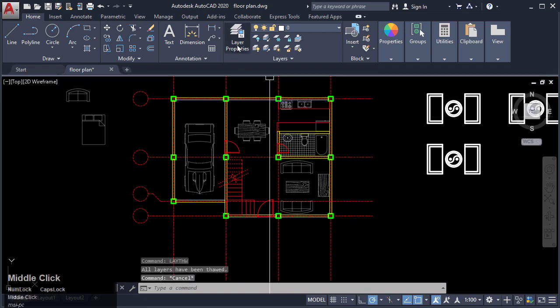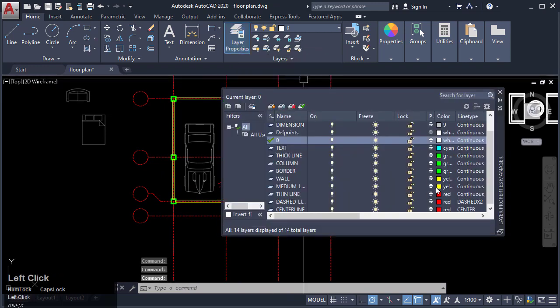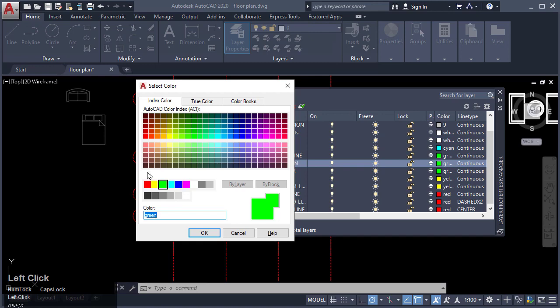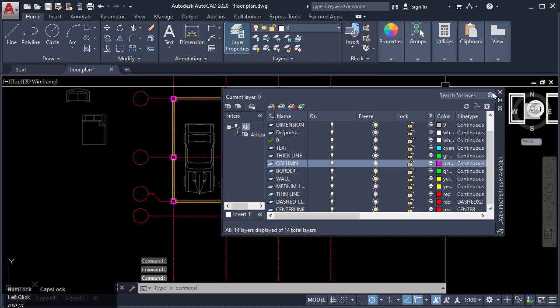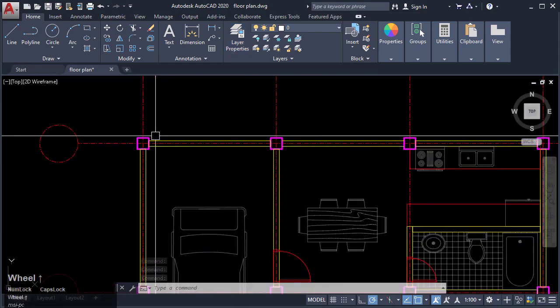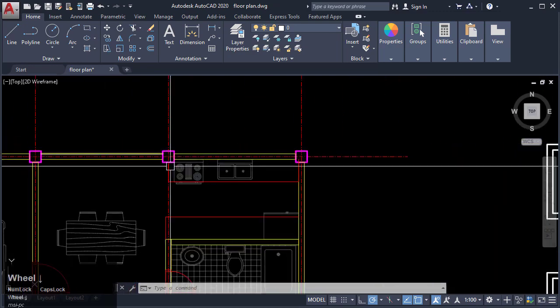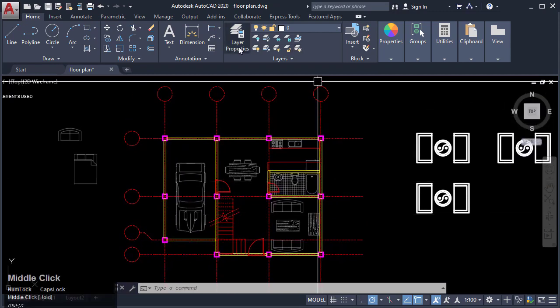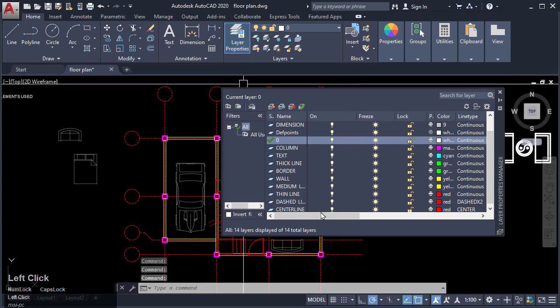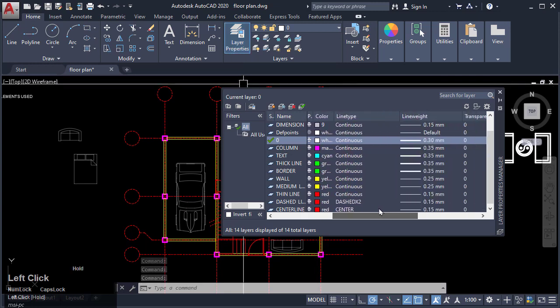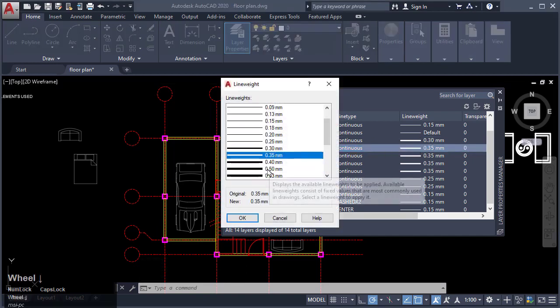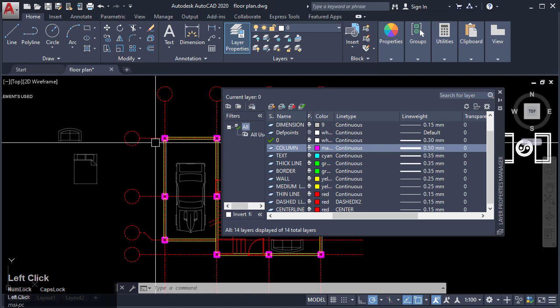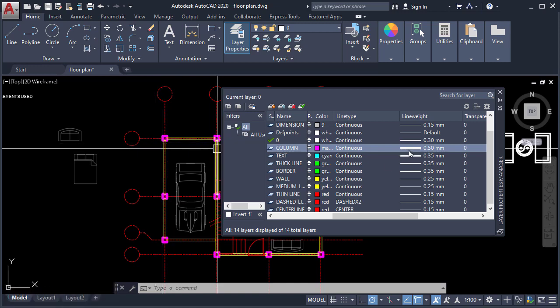Layers also allow you to automatically control the colors of your object. Let's say for our column, I want now to change the color of my column to magenta or purple. By doing so, it automatically adjusts the color of all the columns. Instead of manually changing the color, that color is automatically applied to that layer, and it reflects to the columns in your AutoCAD drawing. Another application is with regards to thickness. If I change the thickness of that column, let's say I change it to 0.45 or 0.50, it will automatically reflect into your drawing. To simply undo,